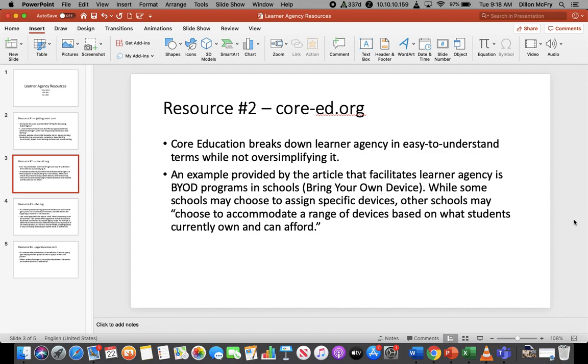The school I work with moved to a one-to-one initiative several years ago, which was one student, one device. So every student has their own device. They were not given a choice. The school bought iPads for everyone, so the students work with their iPads. And while this does eliminate some of the agency aspect, it still allows the students a bit more freedom with how they are able to use them in their classes and also use them to complete assignments.